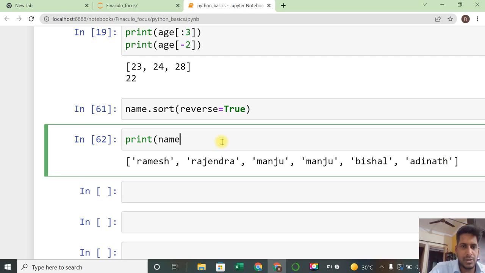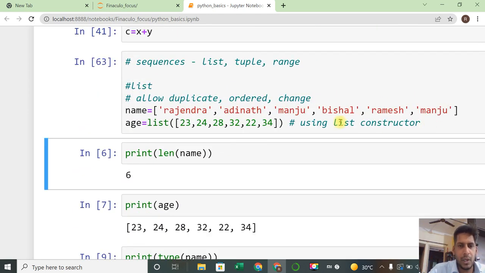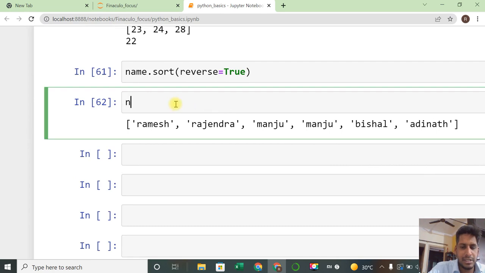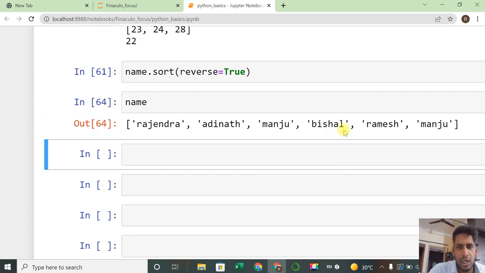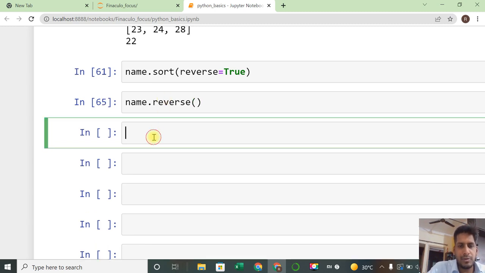We can also write a reverse by itself, if you would like to take the entire thing into reverse, like the original name. Once again I will execute. Now you can check the name is in the unsorted order because I executed once again, right? I just want to reverse it, meaning the last name has to come first and the first name has to go last. Then we have dot reverse. Once you type two or three letters, if you press tab also, it will give the functions that are available. Reverse, open the bracket. Now if you check the name,